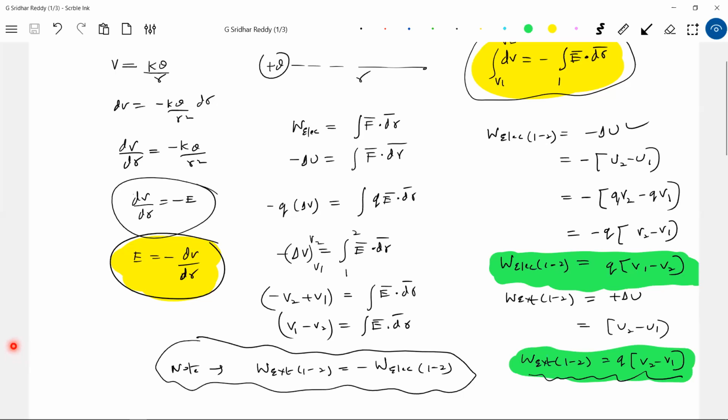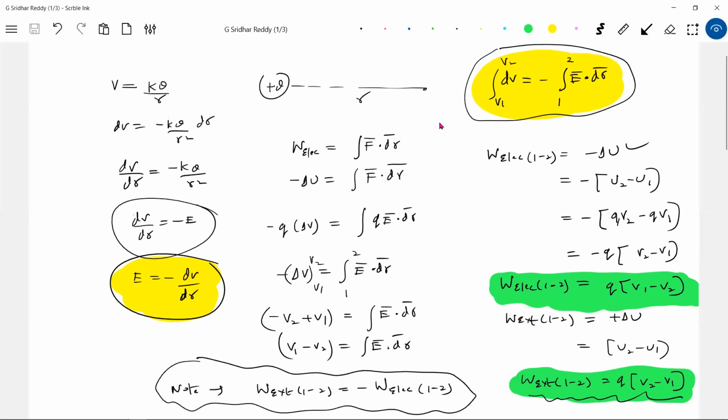All of you write down the yellow color and green color formulas first, because again you'll be asking so many things related to these questions only. These fundamental formulas are there. Don't take it the wrong way. That's why I'm asking you to first write down. Then I'll proceed. Okay, let me proceed.